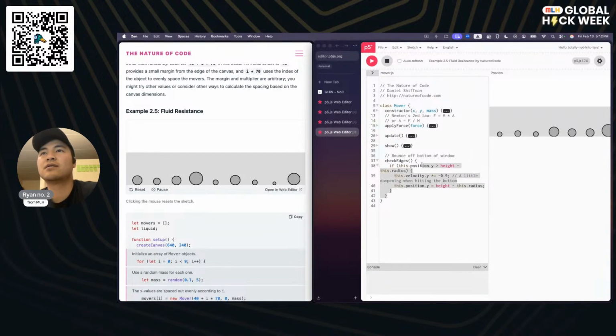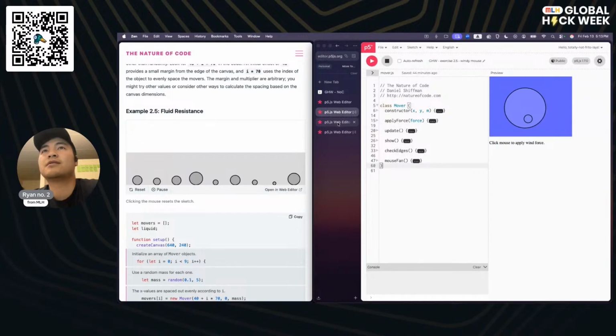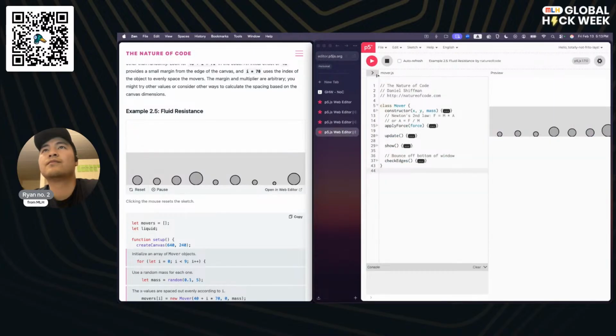Check edges. Yeah, it still has the amount of, this is the inelastic collisions, I guess, and losing energy efficiency every time it bounces off of the floor. So that's our dampening. All right, cool. So yeah, nothing too crazy. This is very similar to what the original mover class looked like when we initially made it. So let's pop over to the